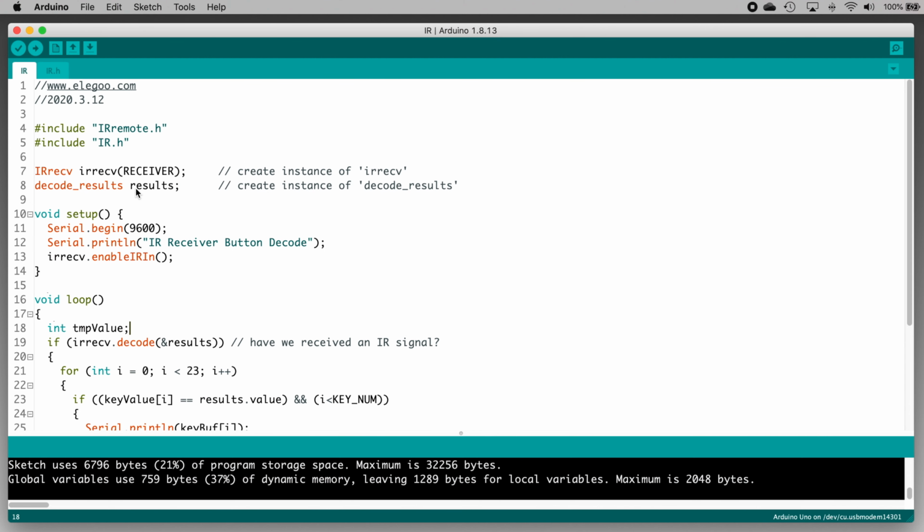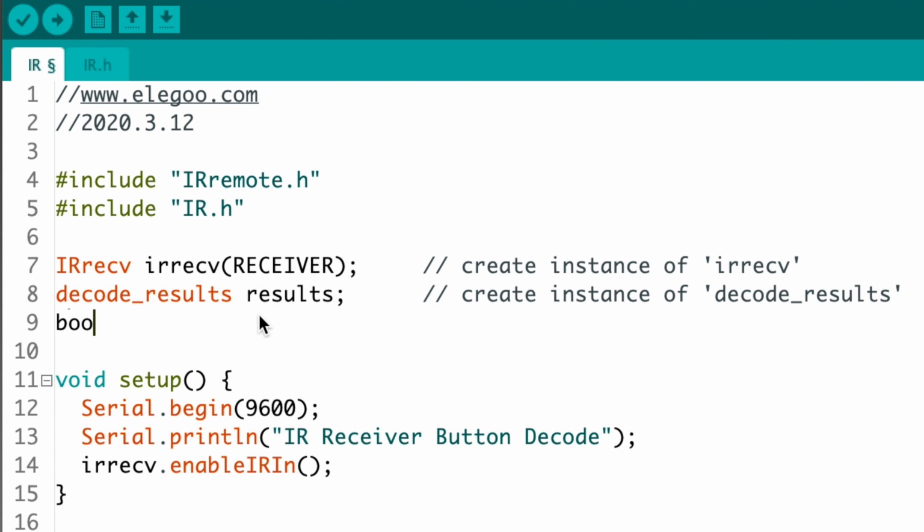Up here at the beginning of the sketch, right after the decode results line, let's add a new line of code. We'll type bool LED_state;